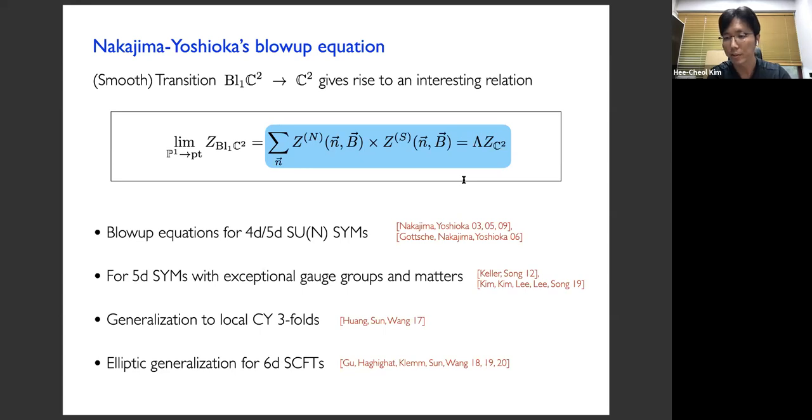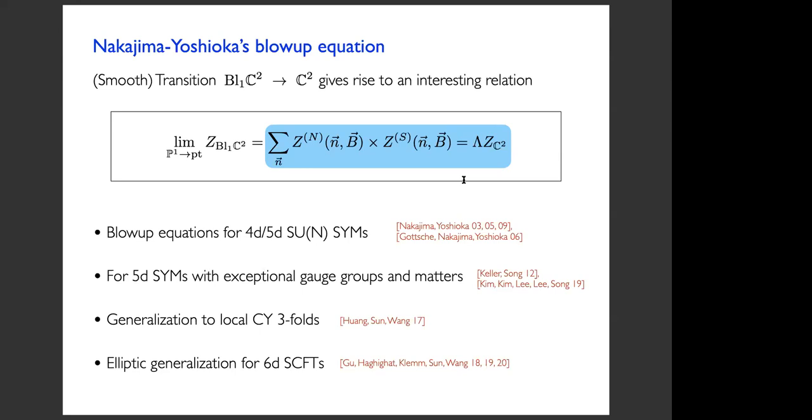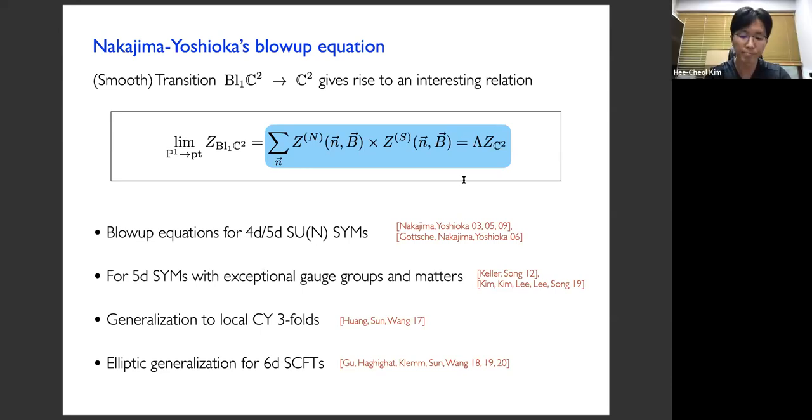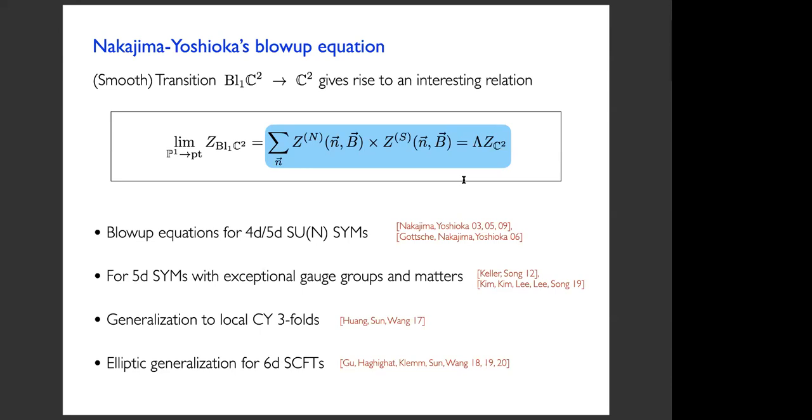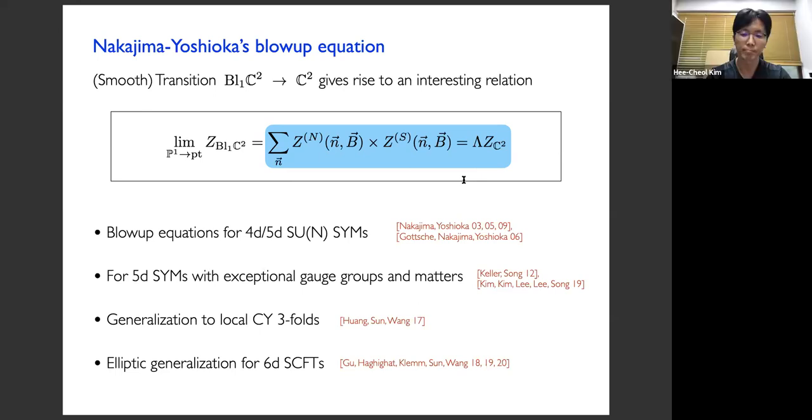So can you repeat the last sentence? Yeah. For example, if you consider the SU(2) gauge theory with 4 fundamentals and compute the instanton partition function on C2 mod, say, Zn, then you can compute the partition function in two different ways. One is using the blow-up type of equation, and the other is using the orbifold type constructions. And it's known that they actually give you two different answers up to a factor.